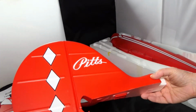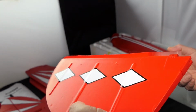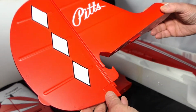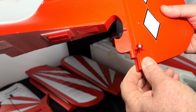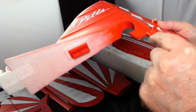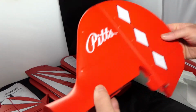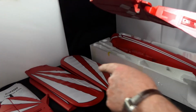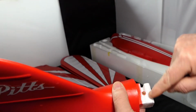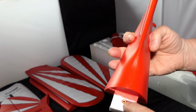Here we have the fin and rudder, and the rudder is massive and it's got a lot of movement. It's quite flexible, it's quite free. It looks as though it's laminated down there. Yeah, it is actually, you can see it. Very nice. Again with this big plastic piece here that connects the tail wheel. Tail wheel tiller will go into there, and then you connect it onto your ball link and you've got lots of movement. As I said, this engages with the tailplane, slide it forward, 1 screw goes through the fuselage and engages in